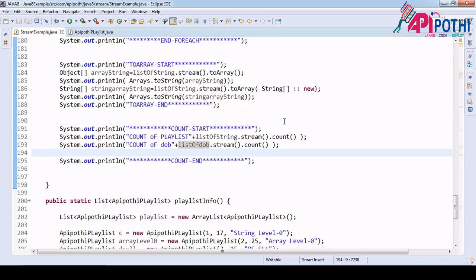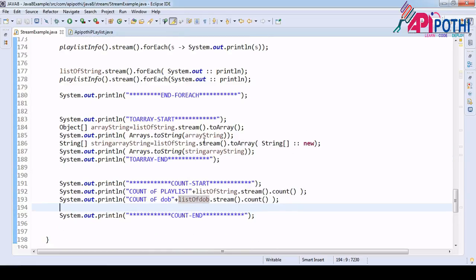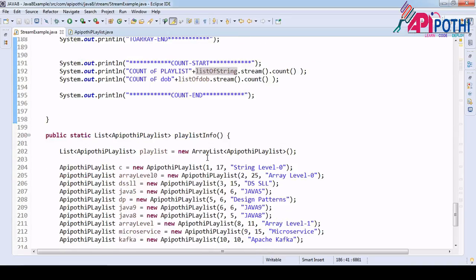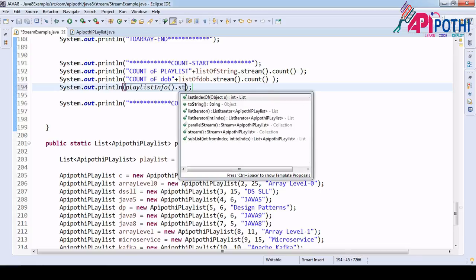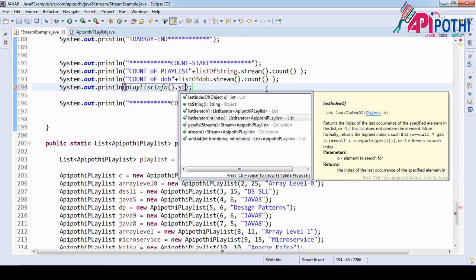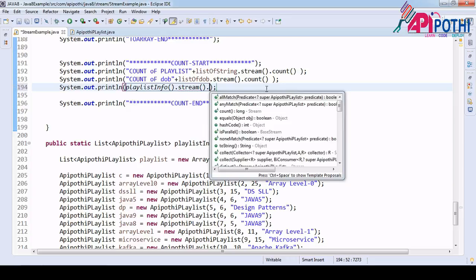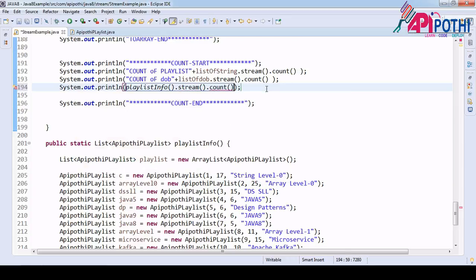Now if you want to use it for our custom one, where is the custom one? List of array. Oh, okay, here it is, right? Why worry? Copy this one, dot stream dot count.